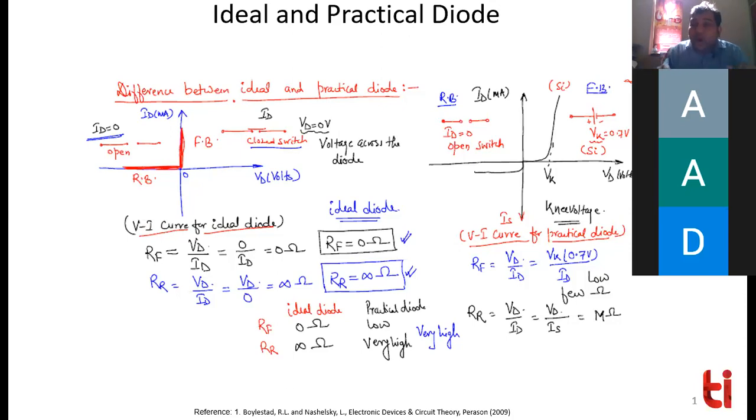So let's say originally you have biased the diode at 0.7 volt, and let's say there was a current of 2 milliampere at that time, and let's say you have superimposed one AC signal like this on this diode. That AC signal has an amplitude of 0.2, 0.1 volt in the positive direction and 0.1 volt in the negative direction. Then how will you find out the diode resistance? Because now the diode biasing point keeps on moving. It's not fixed at 2 milliampere.